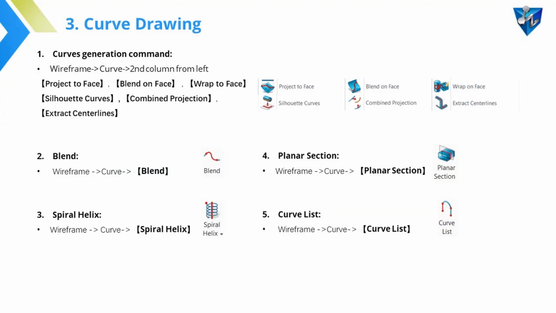In the third part, we will check the functions in the curve drawing. This page shows the most commonly used curve drawing commands in the ZW3D wireframe module. The first type is the curve generation command, which can be found on the second column from left of the